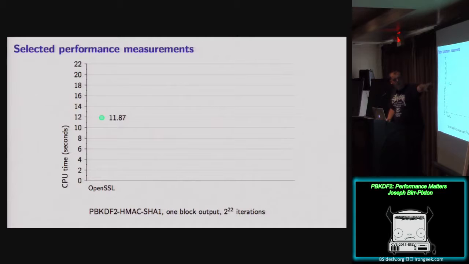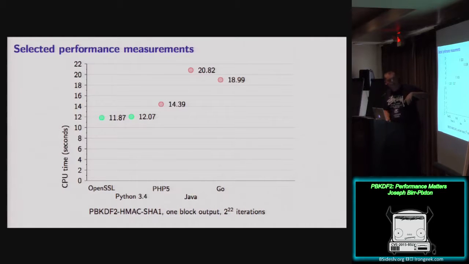And yeah, so OpenSSL and Python 3.4, roughly the same because they're the same kind of implementation. And then there's the slow ones, PHP 5, which is not too bad. And then those two which are maybe twice as slow, kind of. So I wrote a patch, which is upstream for PHP 5, and that made it that quick. And I thought, well, that's quite good. It's kind of concerning that it's suddenly much quicker than OpenSSL, because in my brain, my opinion of the OpenSSL project is that they optimize for speed first, and that's basically it.